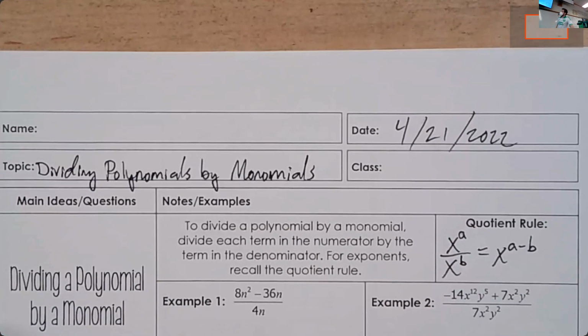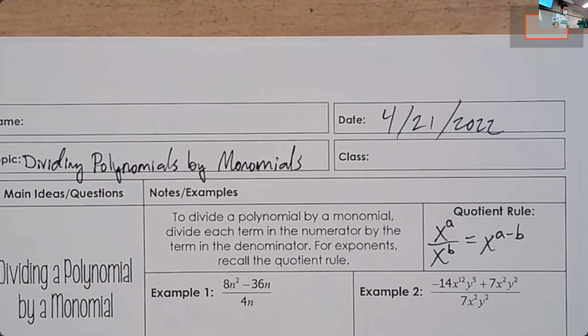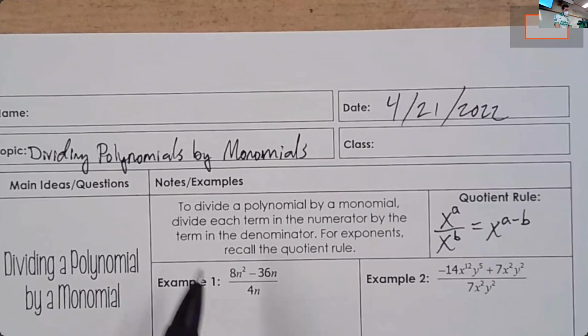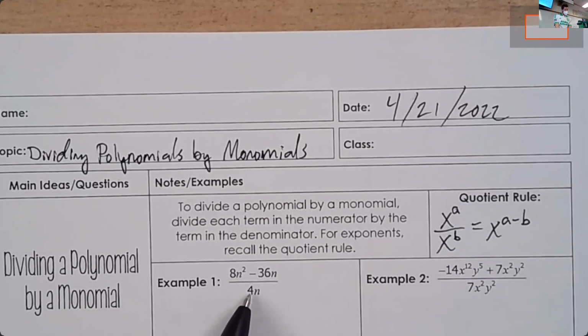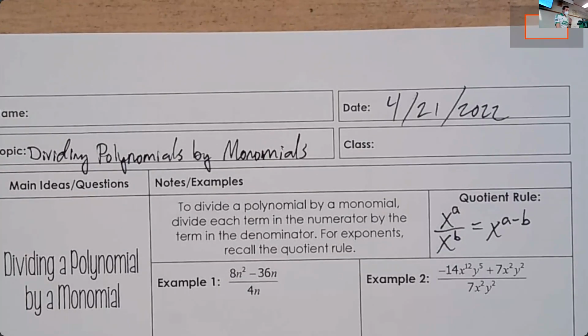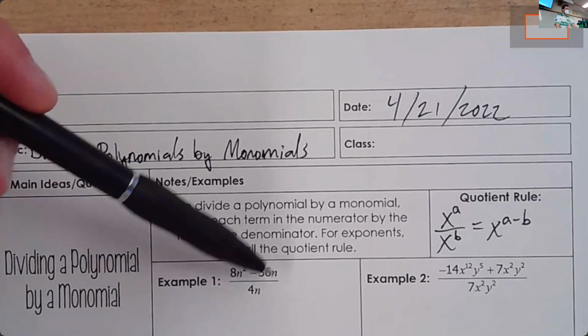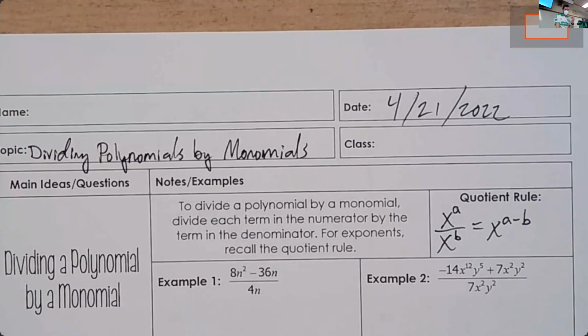The thing that you really need to remember today is to divide each term in the numerator by the term in the denominator, meaning we're going to have to take 8 and divide it by 4 and negative 36 divided by 4. Not only that, we're going to need to subtract the exponents as well. So n squared over n, we would subtract those exponents, and then n over n would subtract those exponents as well. So on this first one,